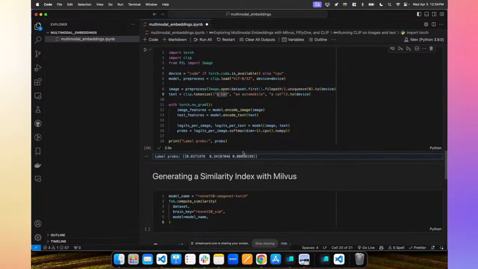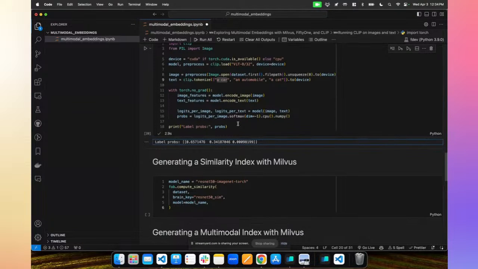But you can change these. You can have as many classes as you want. And what we're seeing here is that we could use this for a type of zero-shot classification. So you could have a bunch of labels that you didn't even train the model on, and you could use these to assign initial predicted labels for every image in your dataset. But this was just for a single image, and this was the explicit version, which is showing you that you can encode images and you can encode text via different encoders.